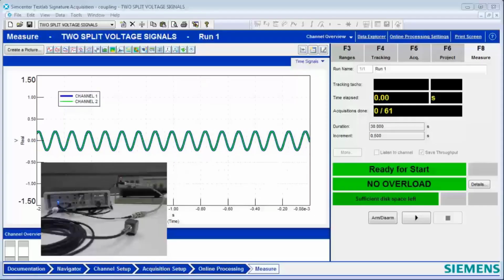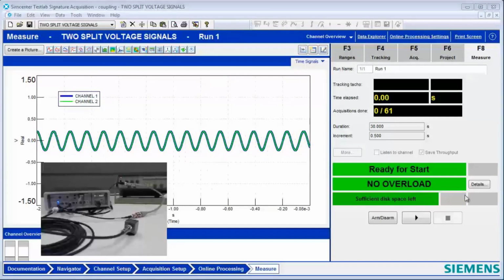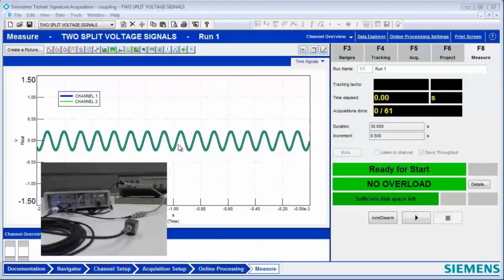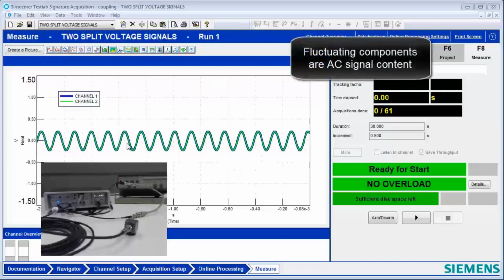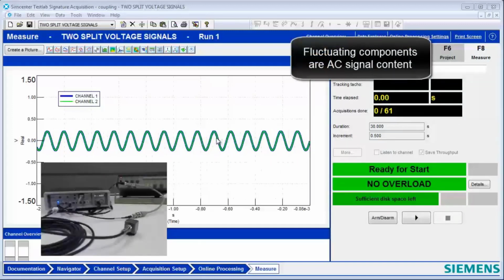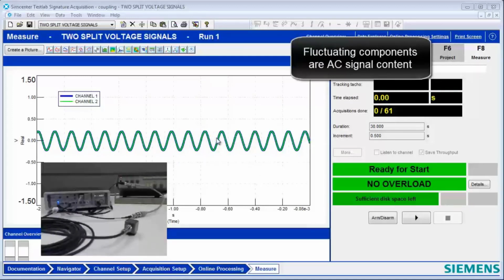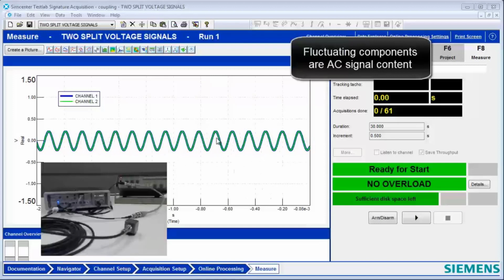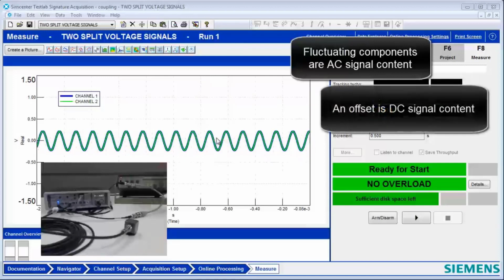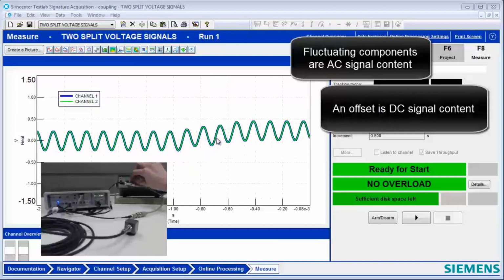Today we're going to talk about AC and DC coupling. We've got a signal that we're going to try and measure here. What type of signal is this, Tom? This is an AC signal. It's AC because it's fluctuating around, right? Yep, fluctuating around zero. We have this hooked up to a signal generator, right? Mm-hmm. And if we wanted to see a DC component on this signal, what would you do there? All we have to do is go to the DC offset dial on our signal generator and move it.